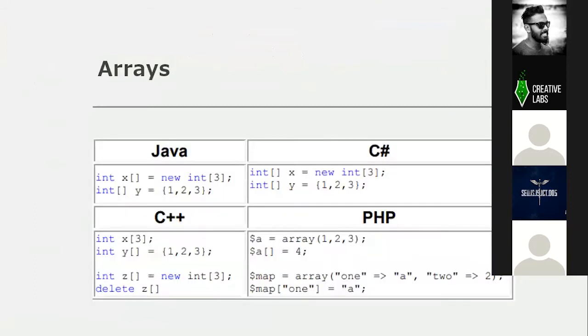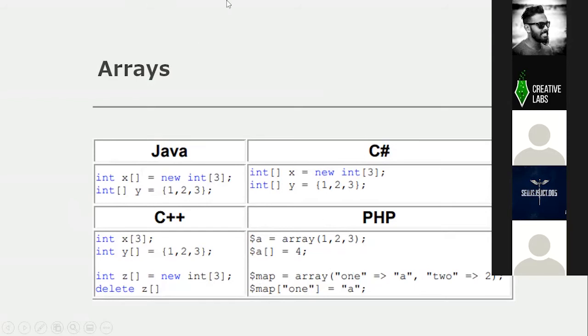So if you are talking about arrays, in Java we have this. We declare arrays something like this, similar to C# as well. So that is the same, right? In C# we have to define it the same as this, but in Java we can do it in these two ways. But PHP is totally different, right? It has something like this, or else we can initiate an array something like this, and also we can initiate an array something like this.